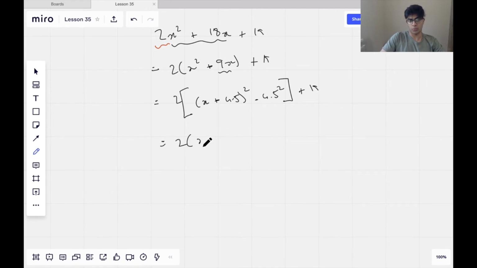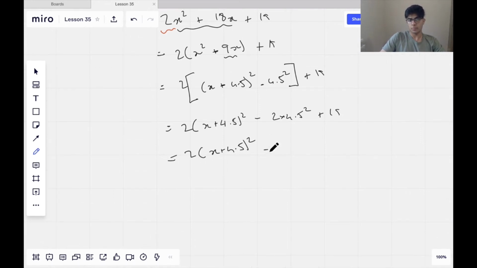So you have 2, then (x plus 4.5) squared, minus 2 times 4.5 squared, plus 19, which comes out to, and then 4.5 squared, I'll check this on the calculator, is 20.25, and then times that by 2 comes out to 40.5, minus 40.5 plus 19, which comes to 2(x plus 4.5) squared